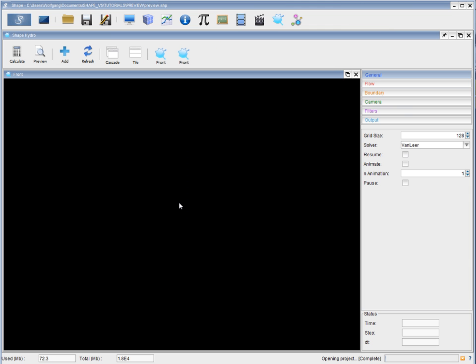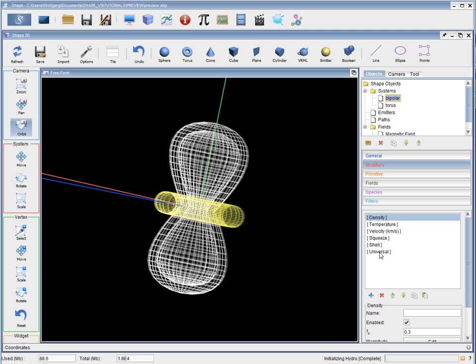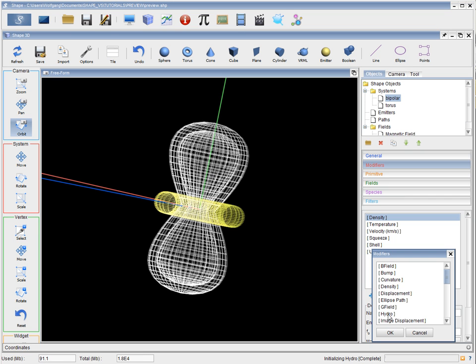for fast preview. Usually, if we set up our density and click on the preview button, which allows us to communicate with the 3D module, nothing happens. To obtain an image in the Hydro module, we actually have to tell our 3D module that we are doing a hydrodynamics object, or we are making a hydro object. For that, we're going to select every object and add a hydro modifier,